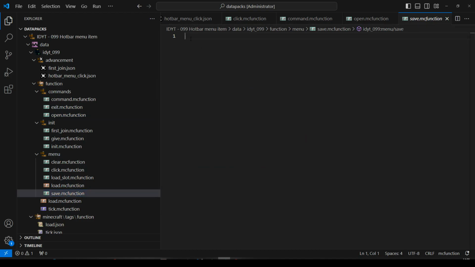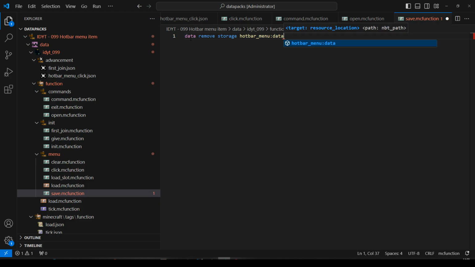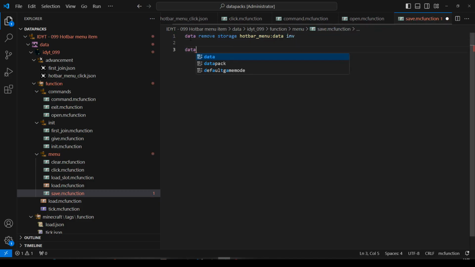What are we going to do in here? Well, we're just going to copy. Well, let's clear some data. Data remove from storage hotbar menu data. Inv. And then we're going to data modify storage hotbar menu data